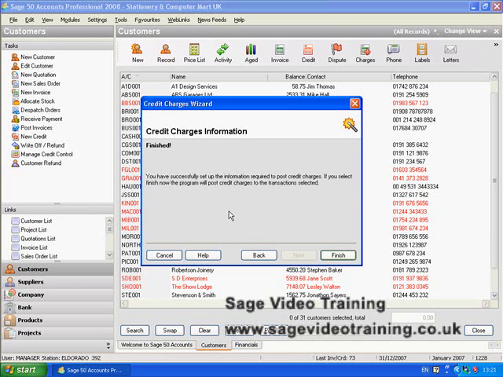Right, now it's saying that you've made all these selections and choices. If you now select Finish, this little button, the program will post the credit charges to the transaction selected. Now, I've just run through this to show you what to do. I don't actually want to post those charges, so I'm not going to accept that. But if you do, then that will apply the credit charges, and then you can't reverse it. So I'm going to say